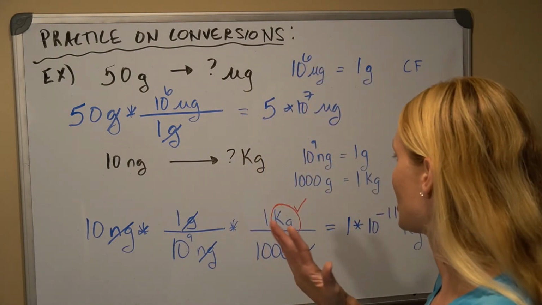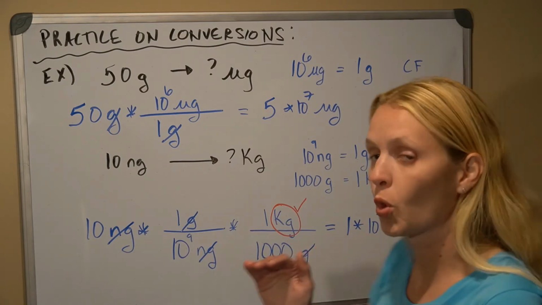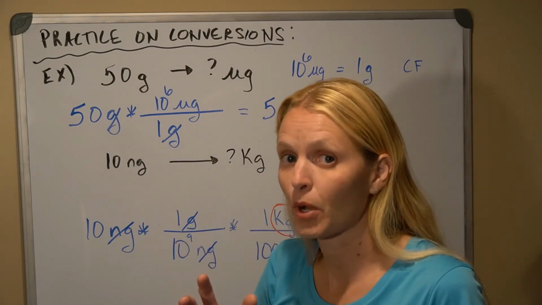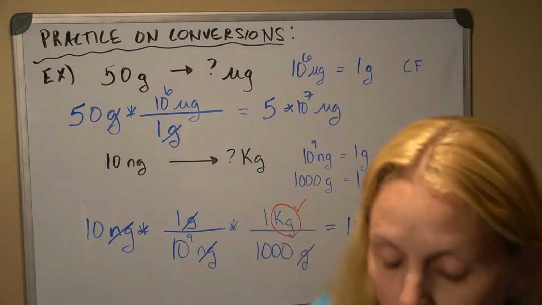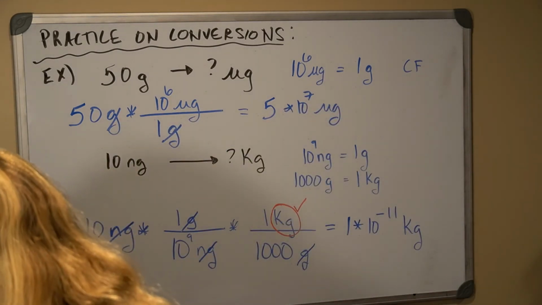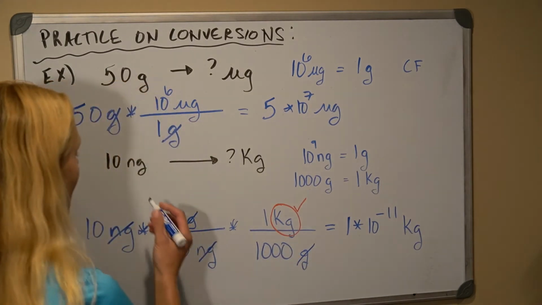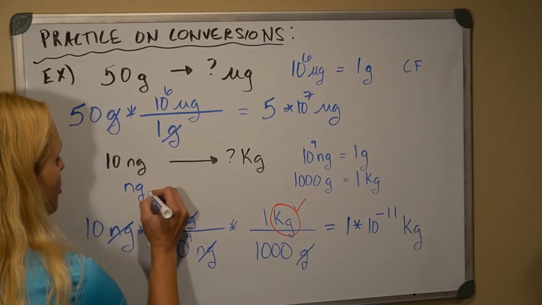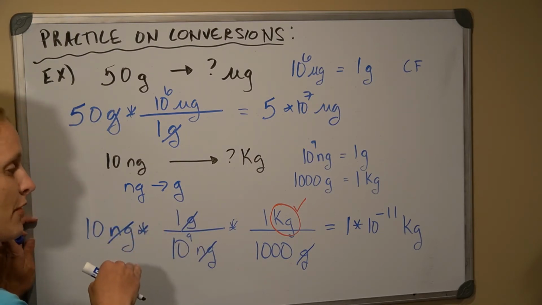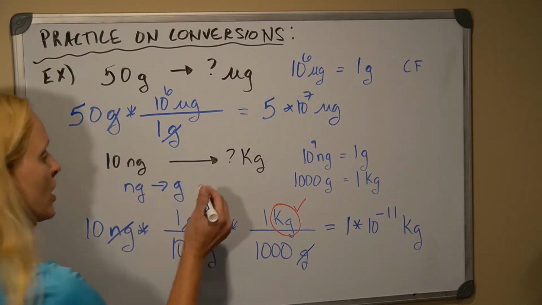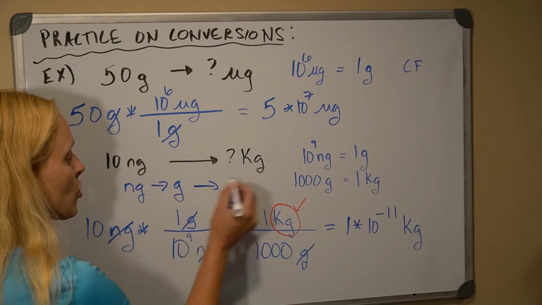That always keeps me sure that I'm not going to miss an exponent somewhere that I need. Okay, so what we really need to consider is our roadmap. We're going to go from nanograms, we're going to stop at grams. We're at the bottom of the prefix table. We're going to stop at the base unit of grams, and then once we go to grams, we're going to